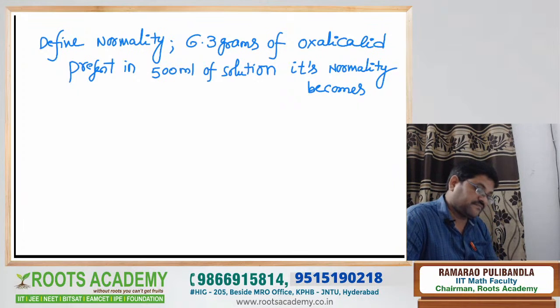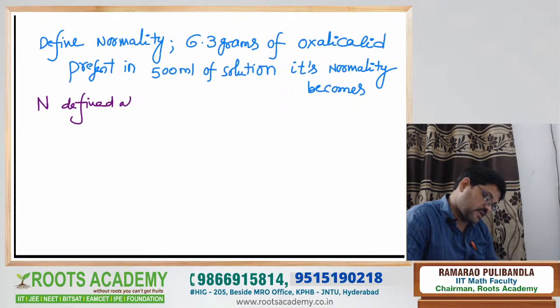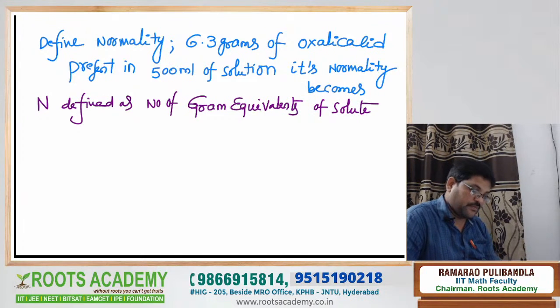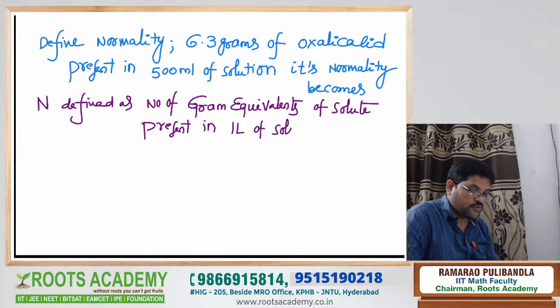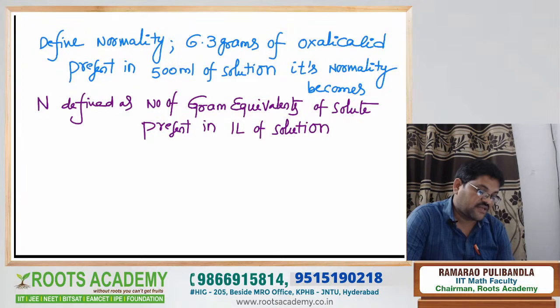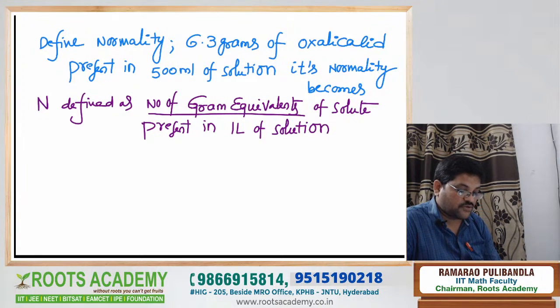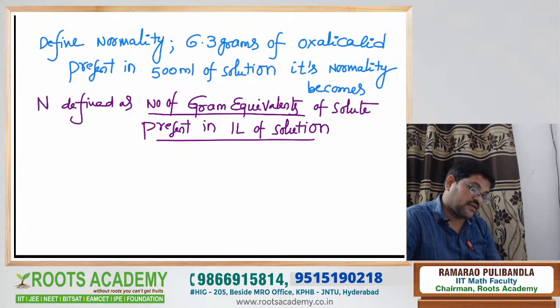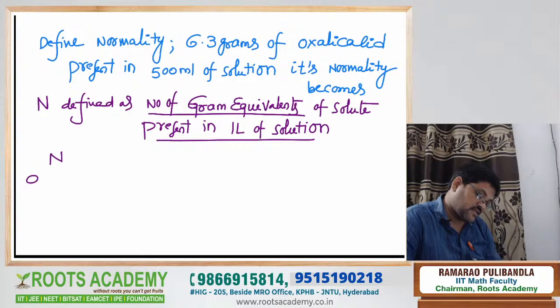First, how do you define the normality? Simple statement. Normality is defined as the number of gram equivalents of the solute present in 1 liter of the solution. That is the meaning of normality. Okay, right. So how do you write the answer for the normality of oxalic acid? So normality of the oxalic acid aqueous solution is equal to